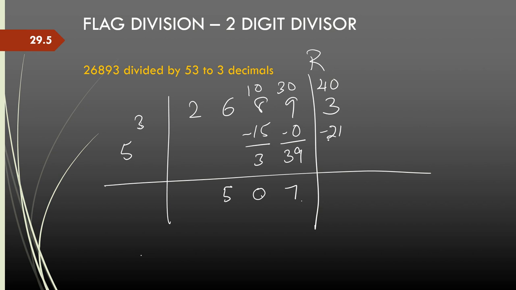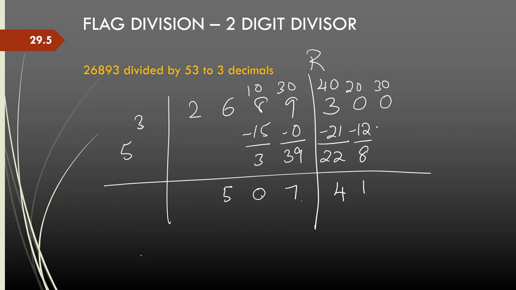Adjustment is 3 sevens are 21. Now here I don't want to stop, I want to keep dividing. So I'll take the adjusted dividend. So 43 minus 21 is 22. Let me add 2 zeros because I want up to 3 decimals. Let's add zeros, and as many decimals as I want, I keep adding zeros and continue the process. So now 22 I divide by 5, so I get 4, that is 20. So 2 carried forward to the next place, and the adjustment is 3 into 4 now, so that is minus 12. I get 8. 8 over 5 is 1 time, I carry 30.